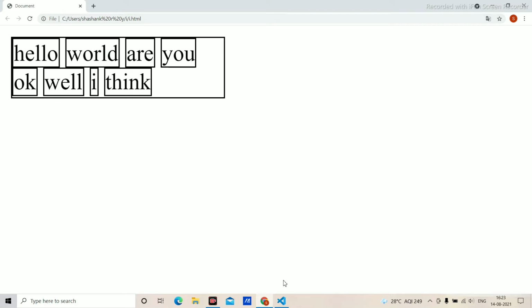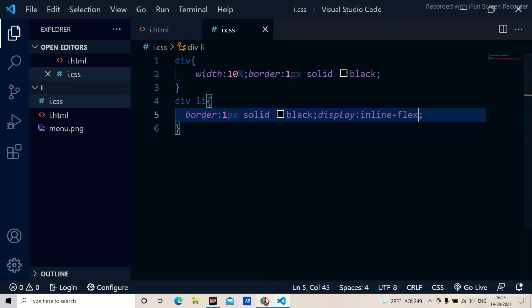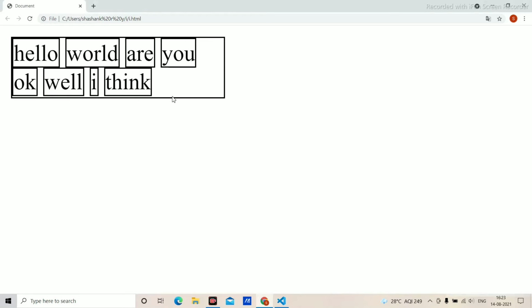For the div I only use 10% of the width. We have hello world, are you okay, well, I think, which are the list items present in the div. Because I use inline flex, okay, well, I think took a line break and placed themselves beneath hello world are you. This is how we use inline flex, and this is all about the display property.